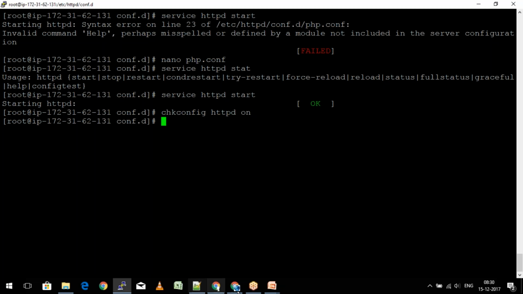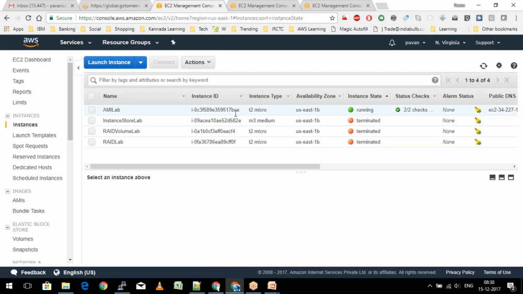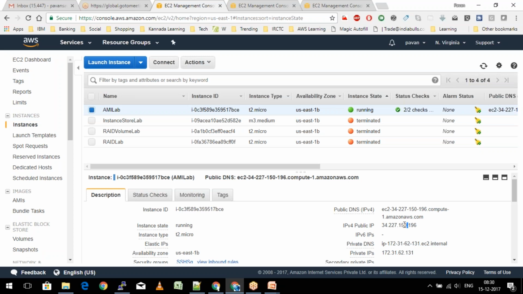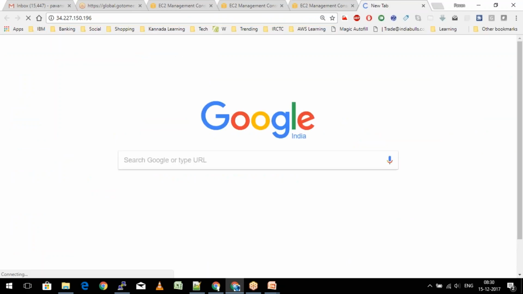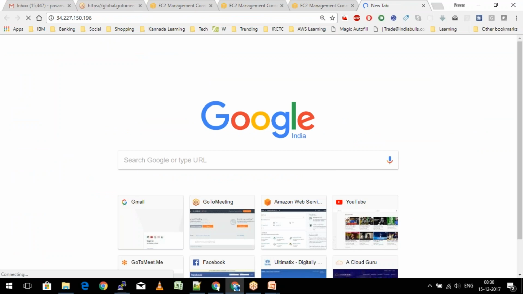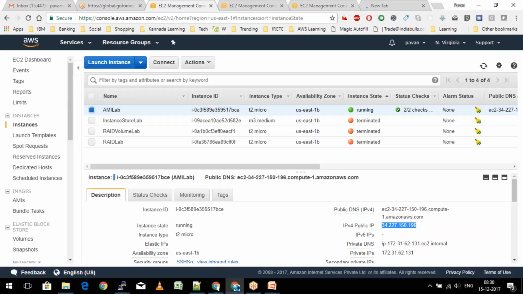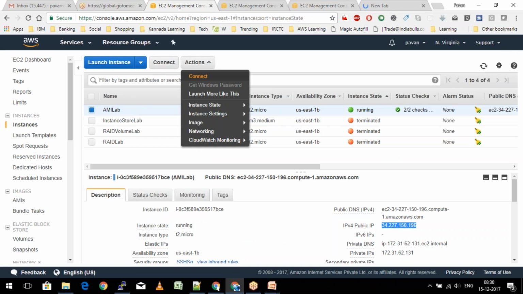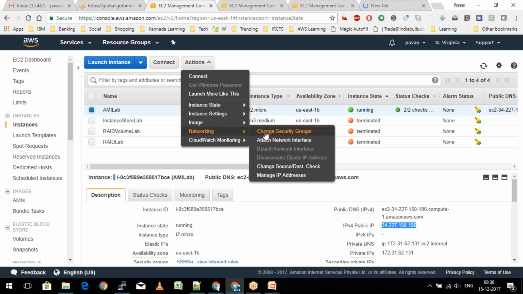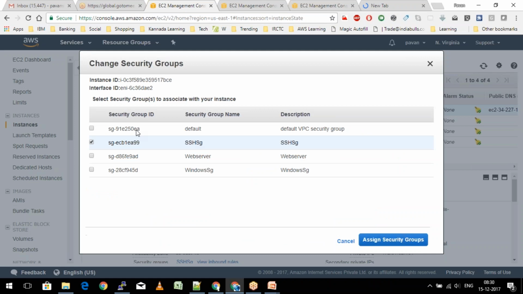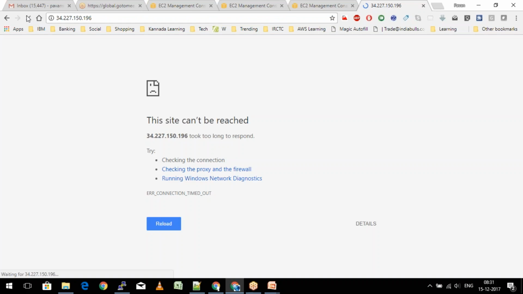Okay, so now things are working much better. Now if you go back to this instance here and open up this IP address, okay, I just need to open up the security group here for this one. I'll also apply this web server security group. Now if I go back and refresh, there we go. It is showing this is my web page, right? So everything is ready for this EC2 instance.